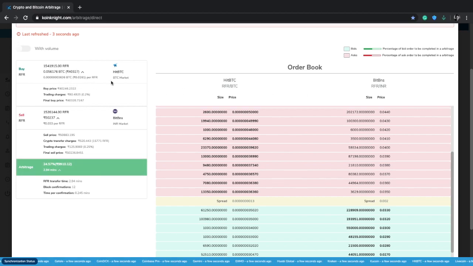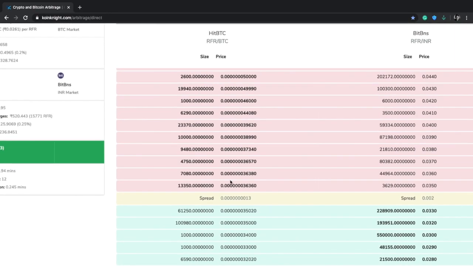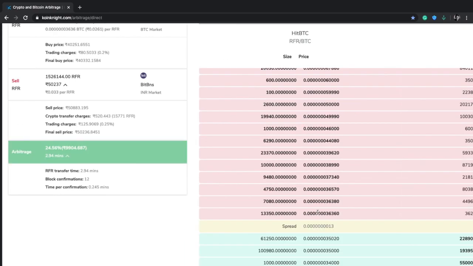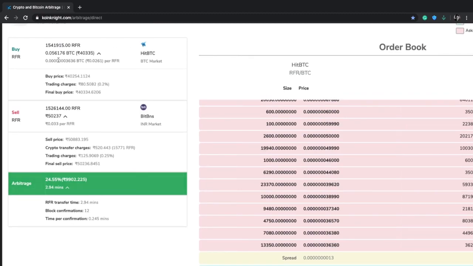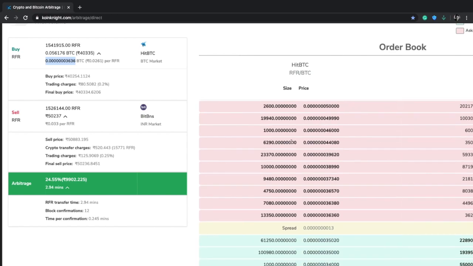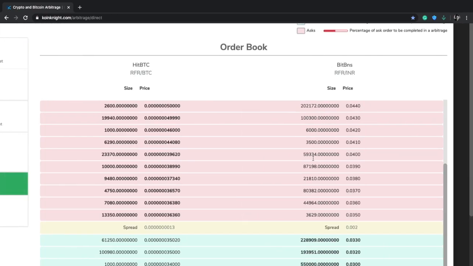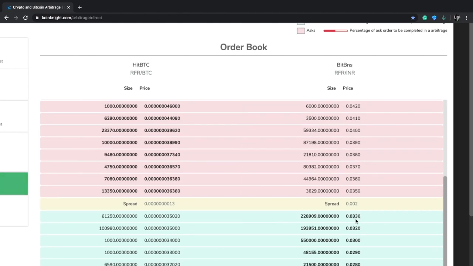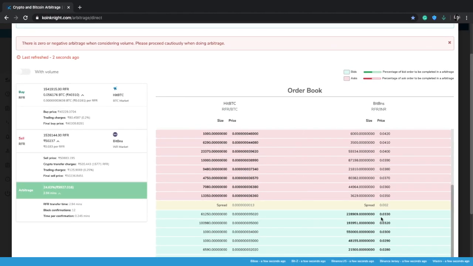As you can see, it has all the details for the arbitrage and also the buy side and the sell side order book. So if you look closely at the first order book showing Ethereum per Bitcoin pair in the HitBTC exchange, you will see that we have used the min ask price as a buy price per unit. Similarly, we have used the max bid as a selling price per unit, as shown for the Ethereum per INR order book in the BitBNS. By now seeing both the order book at the same place, you can determine directly from here whether the exchange has sufficient volume to complete the arbitrage or not.